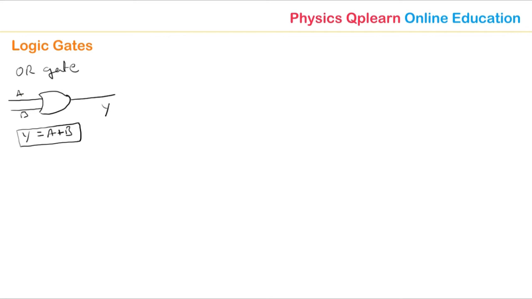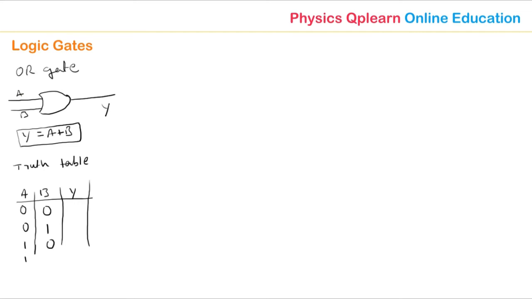Then after that we have to go for the truth table. This is very important. So for the truth table, I will take the input A here, B here and Y here. A and B are the inputs, Y is the output. The input combinations are 0 0, 0 1, 1 0 and lastly 1 1. So this is the truth table, and A and B are the inputs, Y is the output.